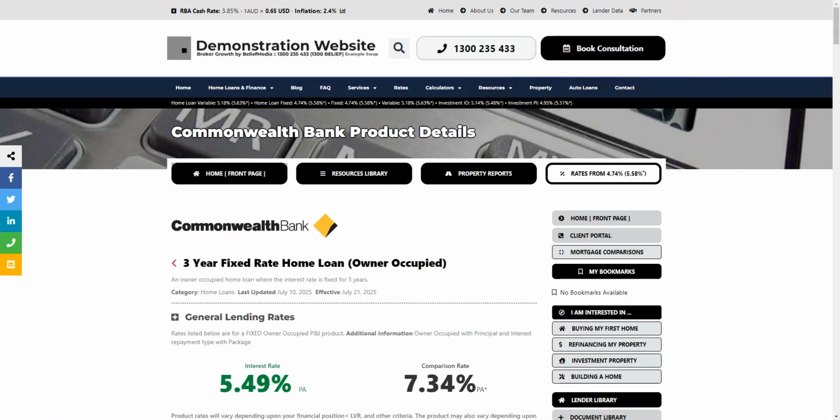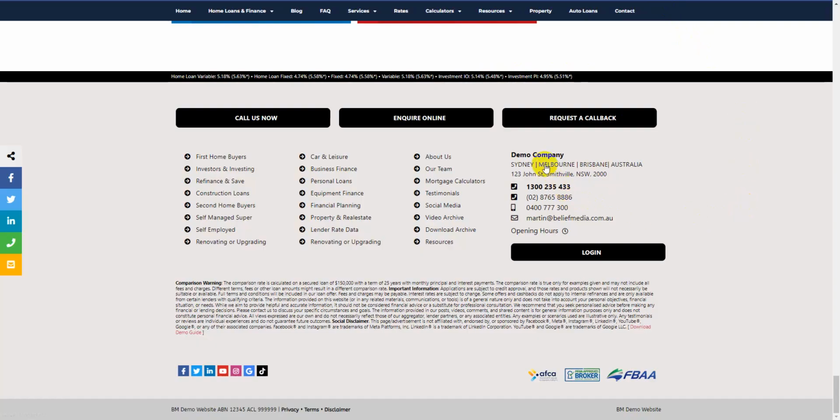Now we're also going to touch on how to alter these numbers in the footer of your website. There is a separate FAQ that deals with that. So from within Yabber,